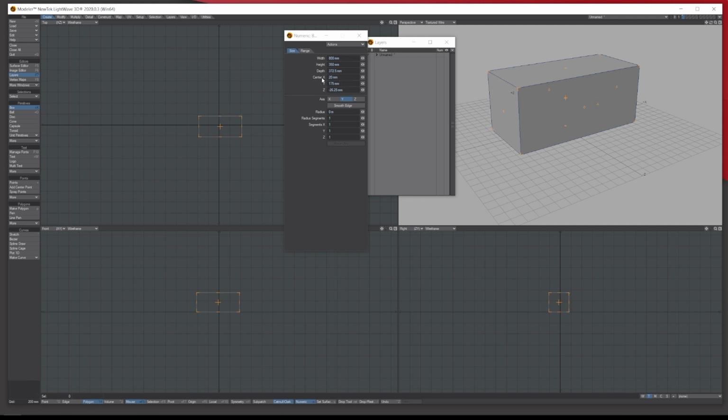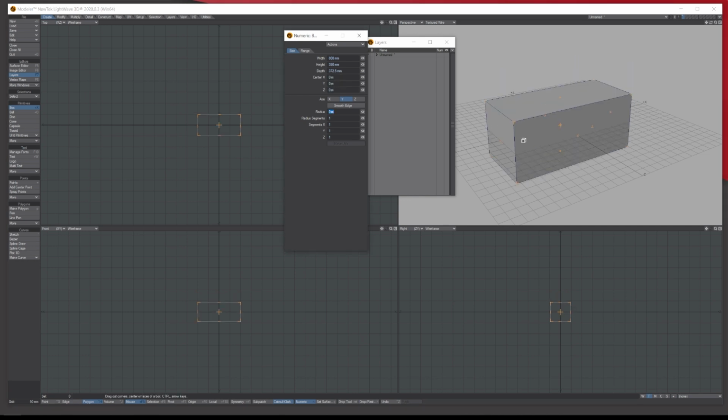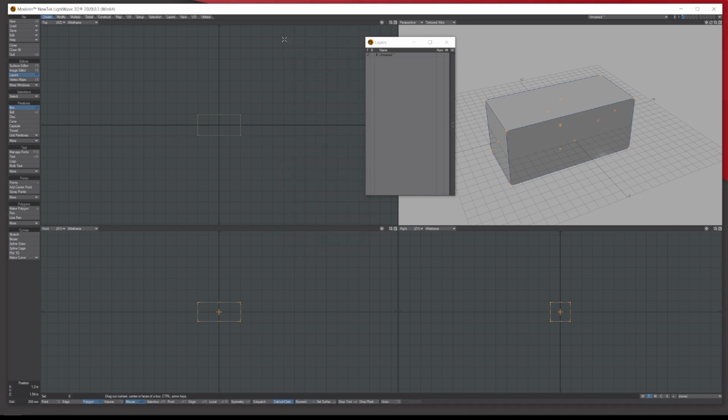And then what I'm going to do, it says the center XYZ. Let's just put 0 in all of them, so we've centered the box in our perspective and on our grid. We're not going to add any more elements at this stage, so we can just shut the numerical and press spacebar to say we're happy with that. At the bottom, make sure you're on polygons. To switch between polygons, edges and points, you just simply press the spacebar or you can just select it.